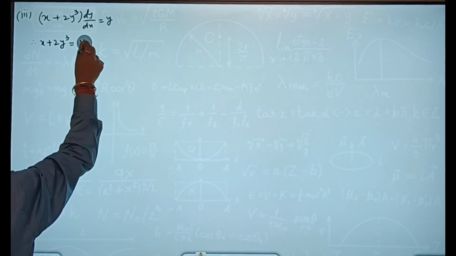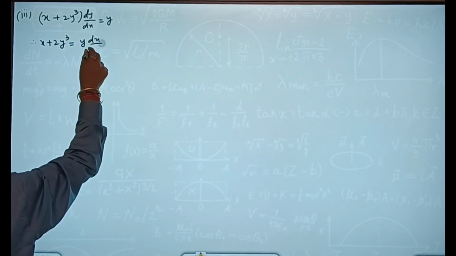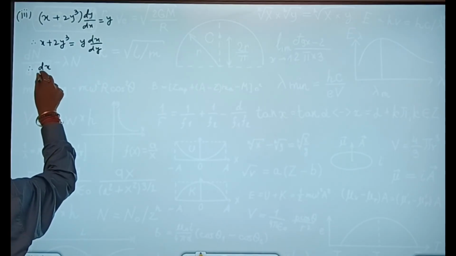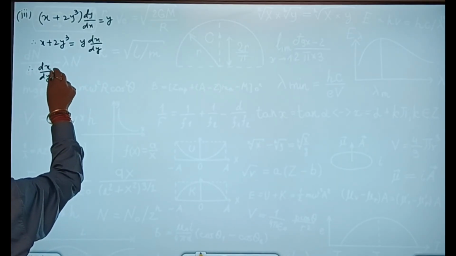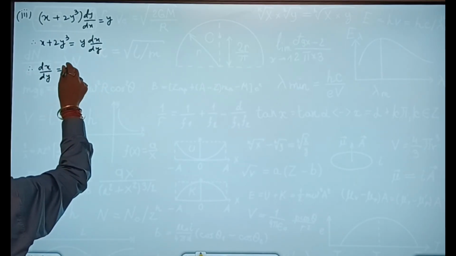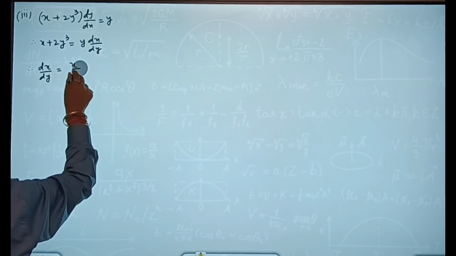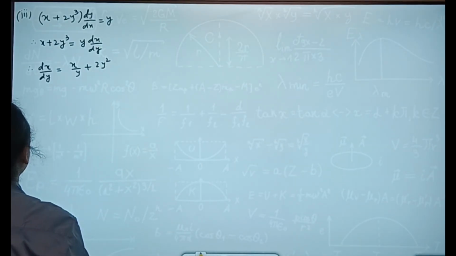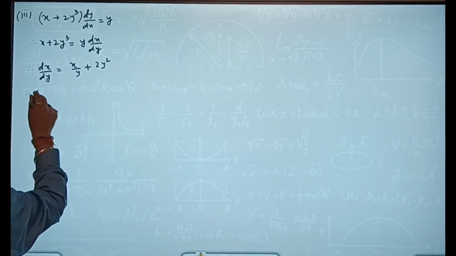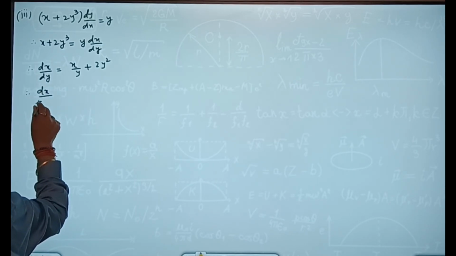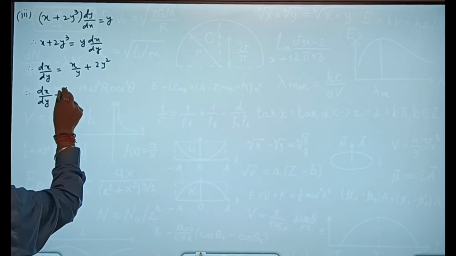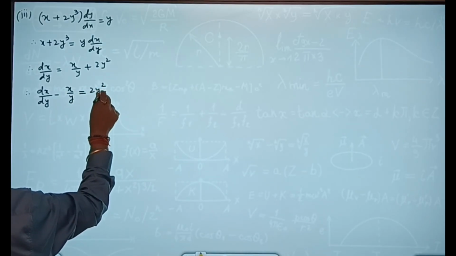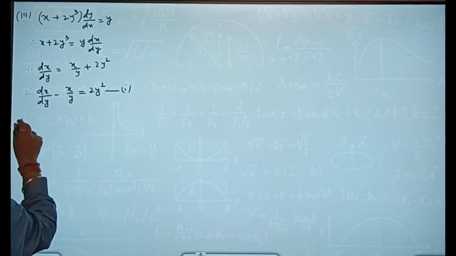= y into dx/dy. So dx/dy is what? This y you divide. So x upon y + 2y². Therefore dx/dy − x/y